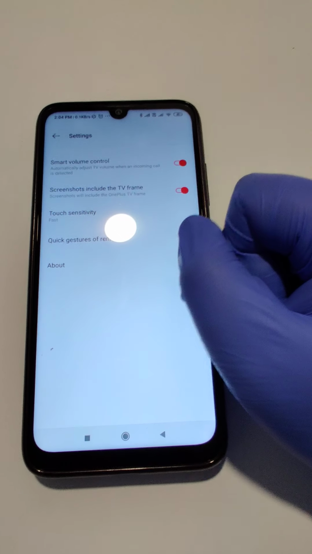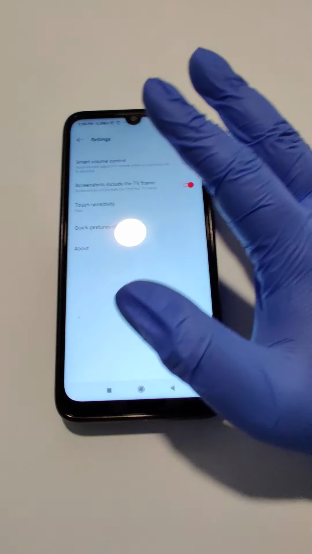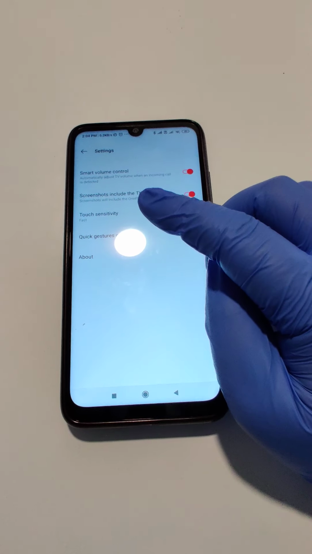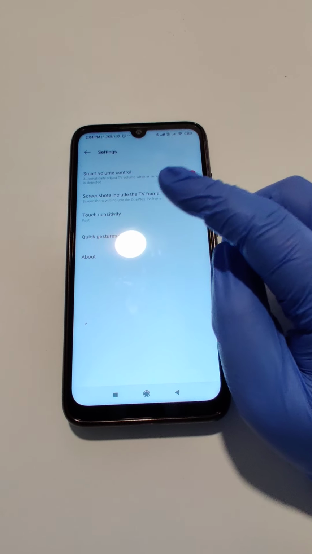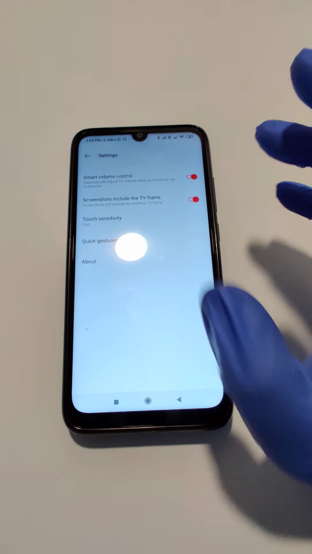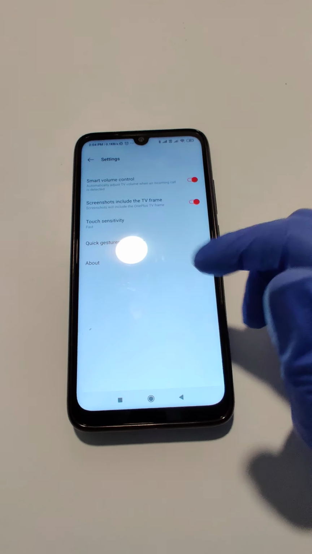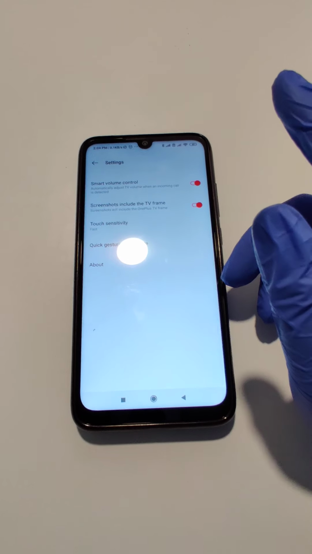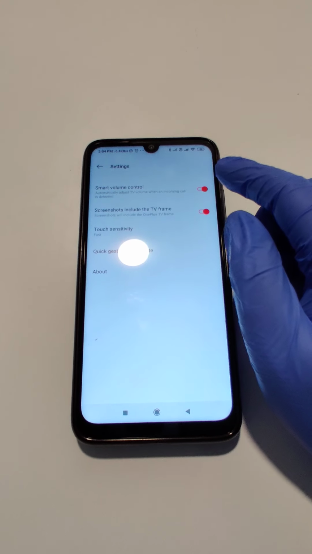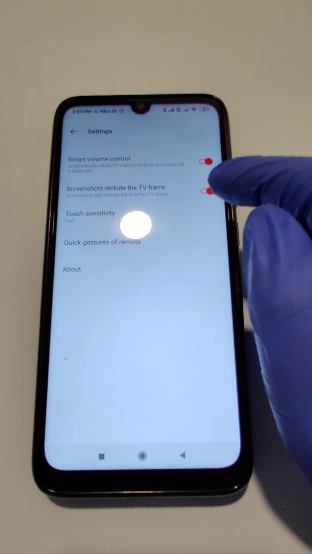So suppose you're watching something on the TV and you're using this mobile as a remote control. At that very moment if you get a call on this device, you don't need to worry, the TV volume will automatically be adjusted to 10, and you can receive your call, and after you cut the call, the TV volume will come back to the original. So this is the feature. You can turn it on or off. If you don't want to use this feature, you can turn it off from here.